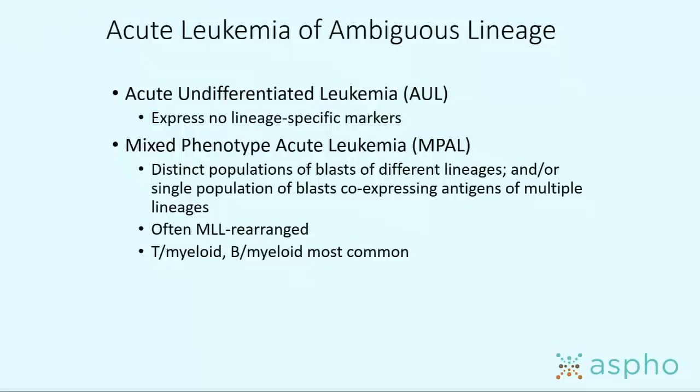These are often MLL or KMT2A rearranged. That's why MLL was called MLL, it stands for mixed lineage leukemia, and so it makes sense that these would be associated. The most common mixes are T and myeloid, followed by B and myeloid. And